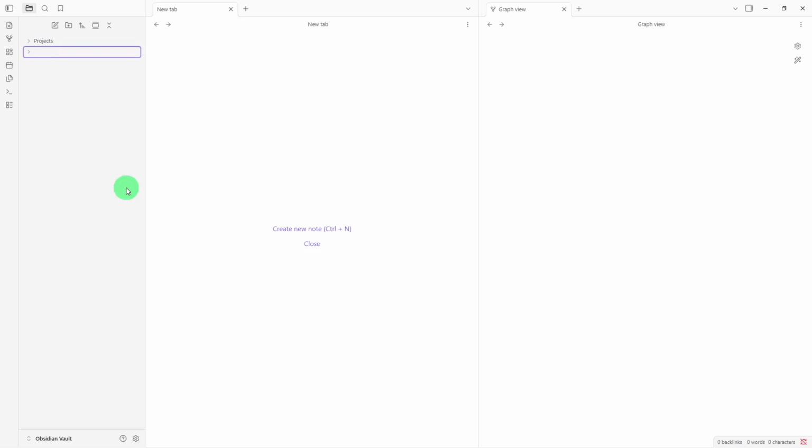To build a project hub in Obsidian, open your vault and create 3 new folders right at the top level: Projects, Tasks, and Resources. Inside the Projects folder, create a note called Project Dashboard. Inside Tasks, create a note called Project Tracker. Inside Resources, create a note called Resource Library. That's it. 3 folders, 3 notes, and you have a fully functional project management system that you can start using